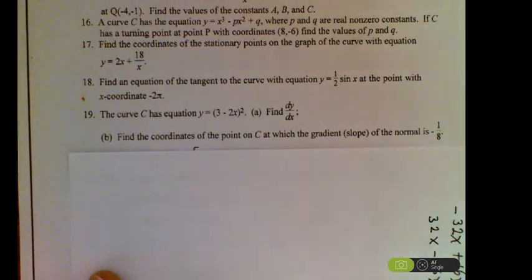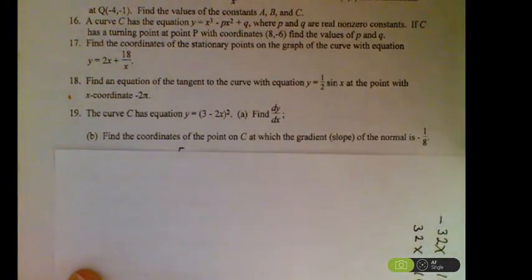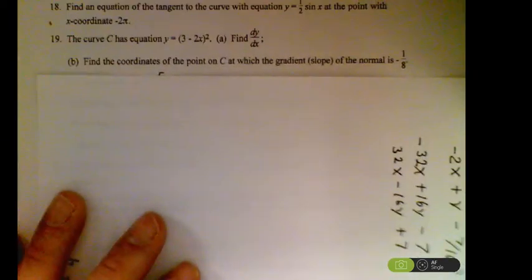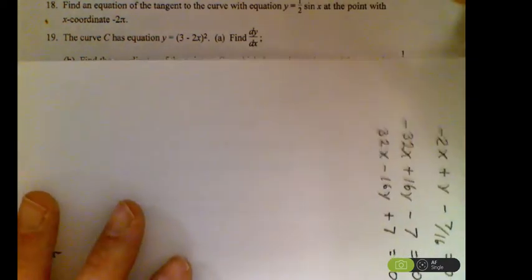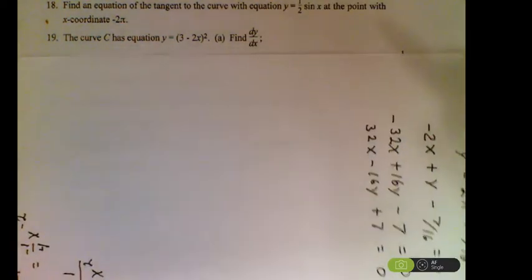Alright, so here we got a curve. They're calling it curve C, giving us equations. So the first part of this is just asking us to find the derivative. That's what that notation is asking us to do. So looks like we got a little chain rule on this one. So really important,